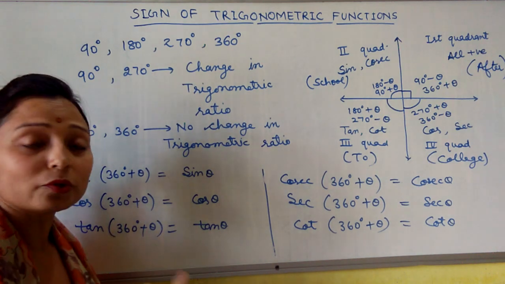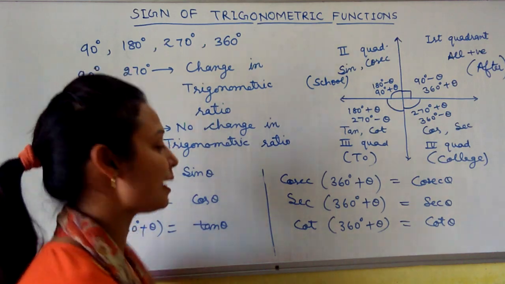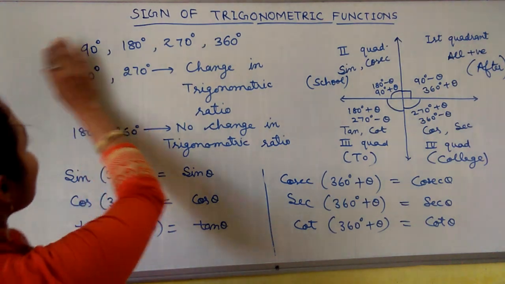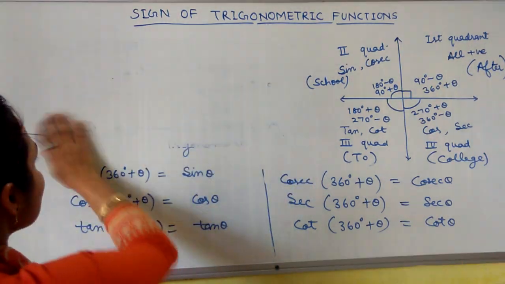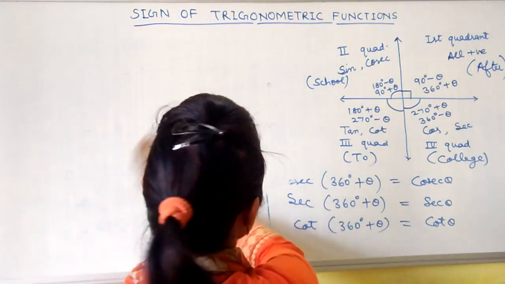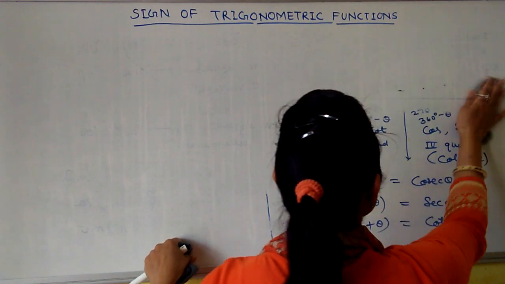Now why do we have to learn this and where do we have to use this? So let's do one example. Before doing one example, I will tell you there are some one or two terms in which we have to take the negative or positive sign. Come to that, I want to clear one thing. What is that thing?